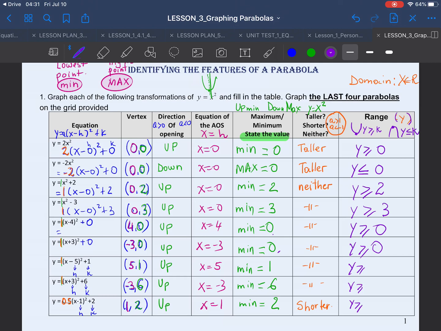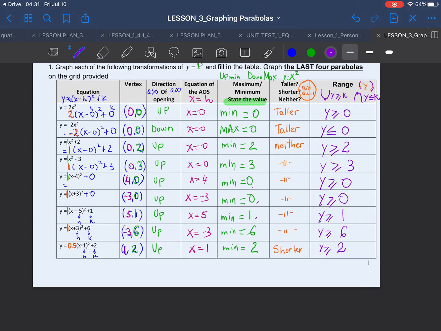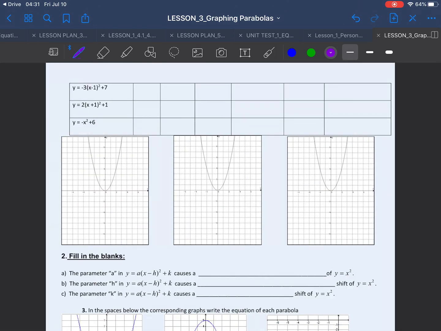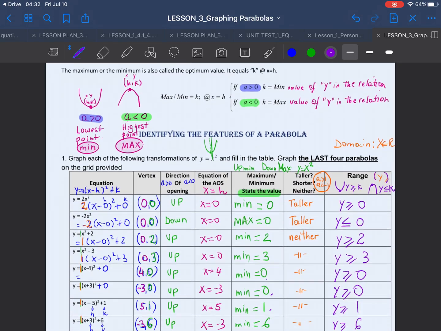Bigger than or equal to 0. Bigger than or equal to 0. Bigger than or equal to 1. Bigger than or equal to 6. Bigger than or equal to 2. Okay? So what we want to do here, oh, we have three more equations, and we actually also want to graph these three equations, which we will. And we have y equals negative